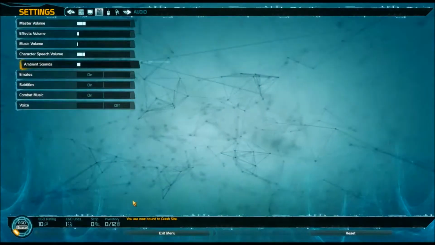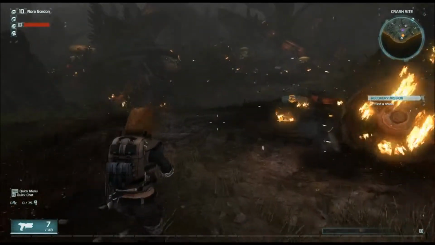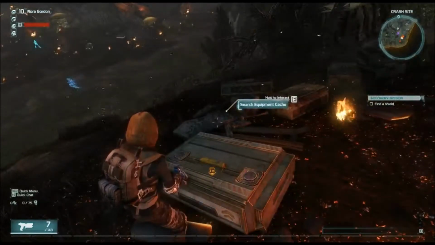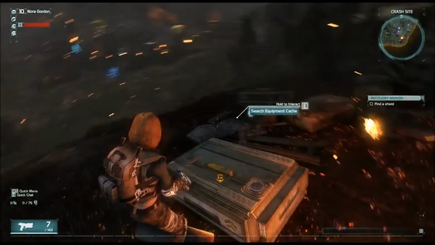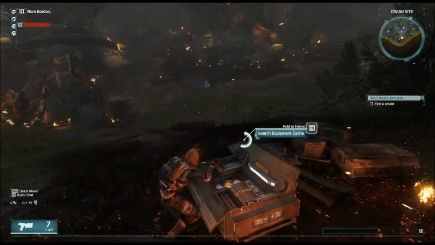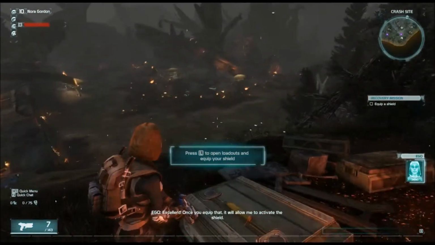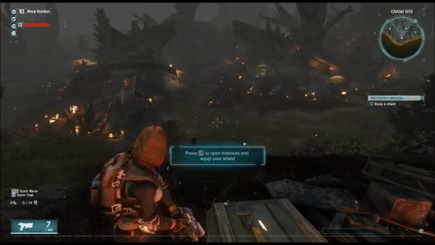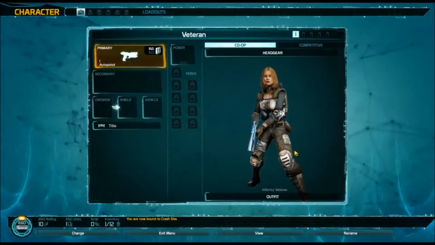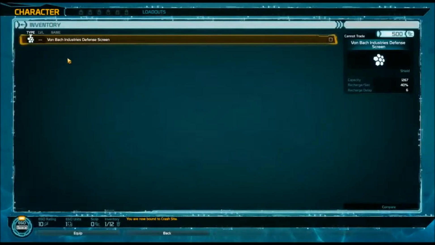I think that's better. So let's have a look. These are supply chests. This one will contain our first shield, and shield is also the only defensive gear we have. We can change the look on the character in the future by